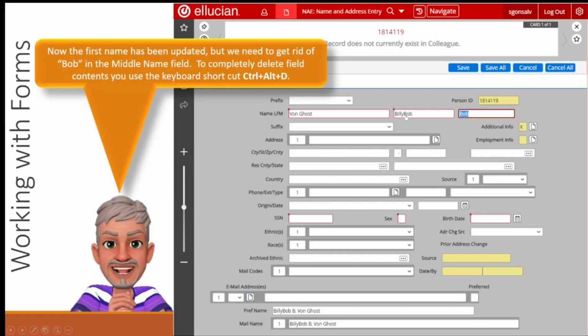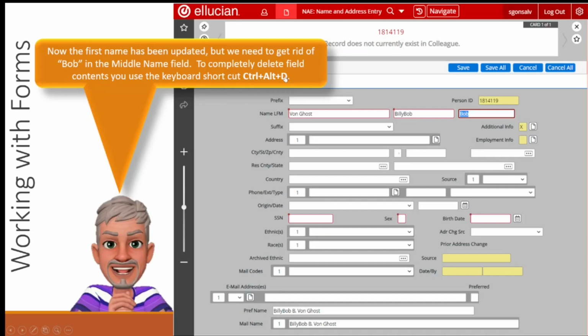The equal sign disappears and BillyBob is entered into that field exactly as we typed it after the equal sign. Now we just need to get rid of the Bob, because BillyBob doesn't have a middle name, and the middle name's not required, right? Just first name and last name are required. This merely shows that this is my currently selected field, right? That dark maroon border. So in order to delete a field, you can't just press the delete key. You might be able to, but you shouldn't. There's a keyboard shortcut,